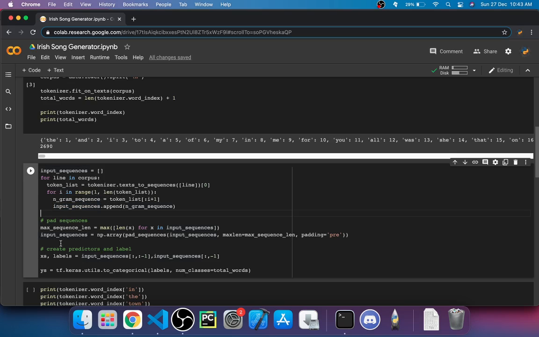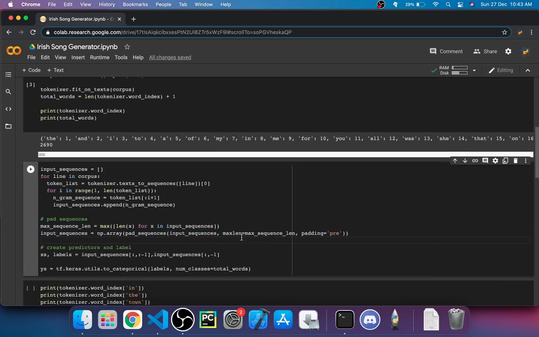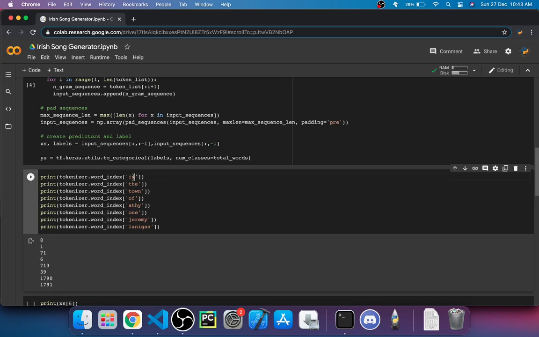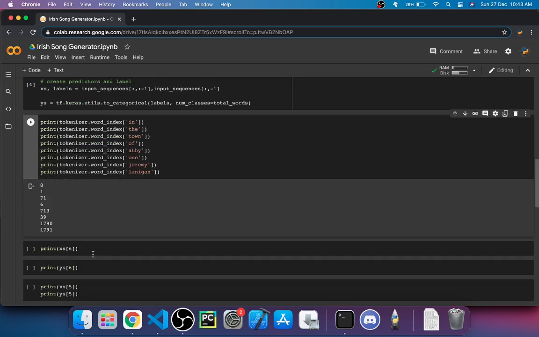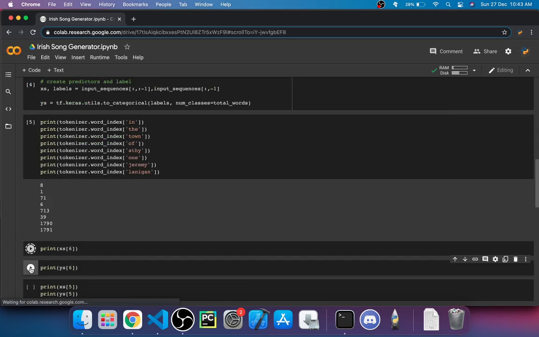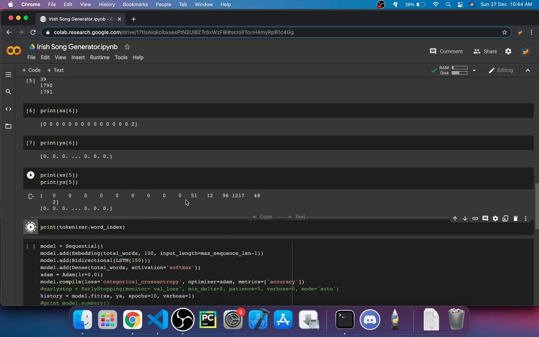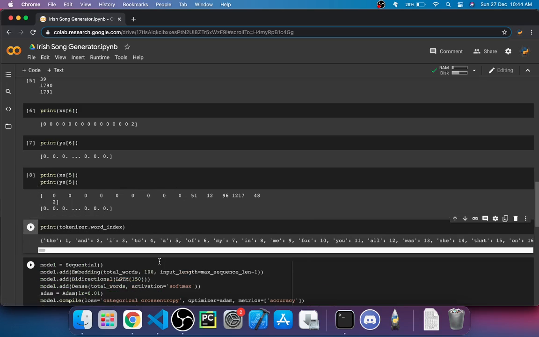Then we have converted all of this to a numpy array, so it's easier and faster processing. And you can see on printing certain word indexes what the word indexes are. So I'm just gonna print some of these. So you can see how this is.